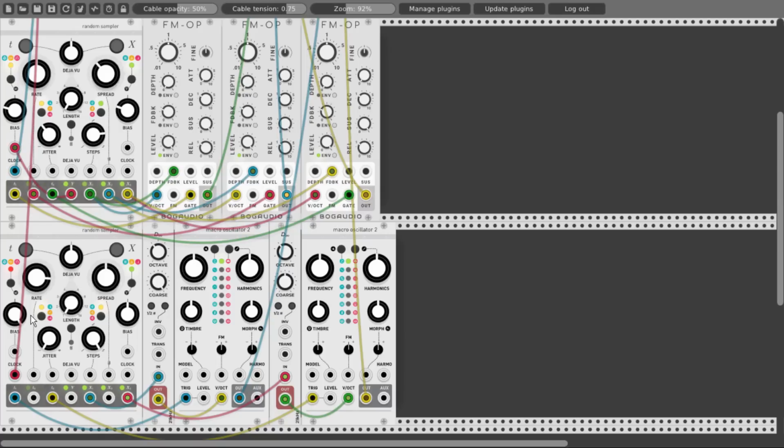Now again we can play a bit with the settings of the spread and bias. And let's change also the range already to 0 to positive 2 volts. Let's lower the spread and let's raise the bias a bit. And let's use this time the Y output to modulate the jitter function.